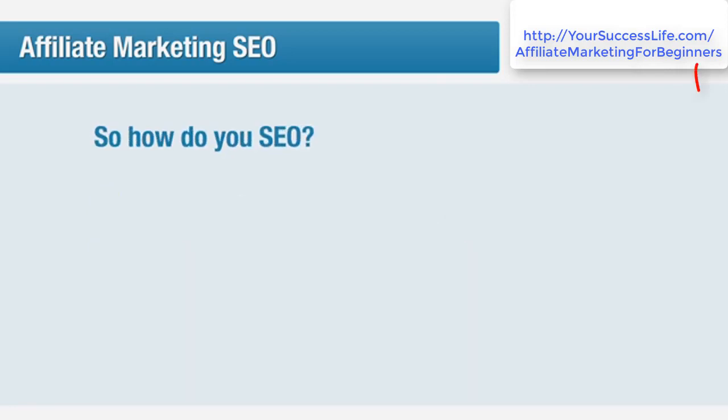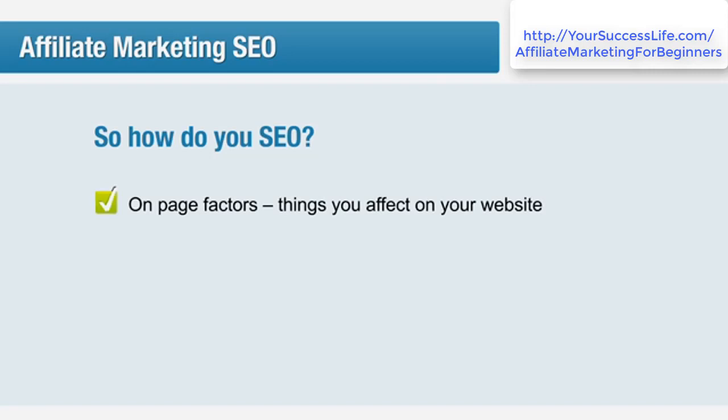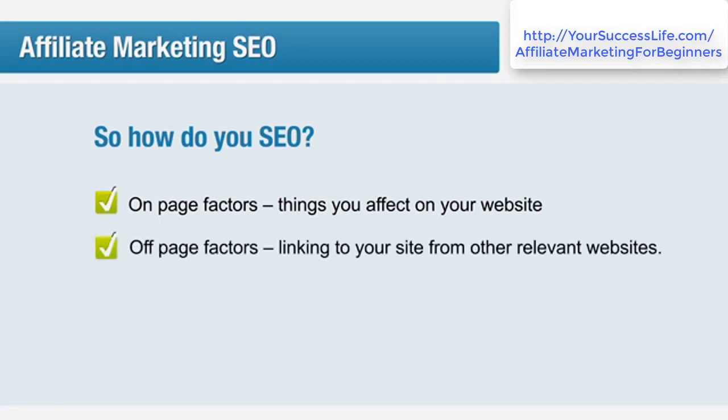So, how do you SEO? The things you can affect to help improve your search engine rankings tend to fall into two categories. There are on-page factors, which are things you can do on your website to increase your perceived relevance. These include things like using your keywords on your pages, using HTML headers correctly, and linking your pages together correctly. And of course, there are off-page factors, which are things that help your site look more relevant but aren't actually built into your website. These include things like getting links to your site from other websites, making sure those websites are popular and relevant to your topic, and having links to your site written in specific ways.